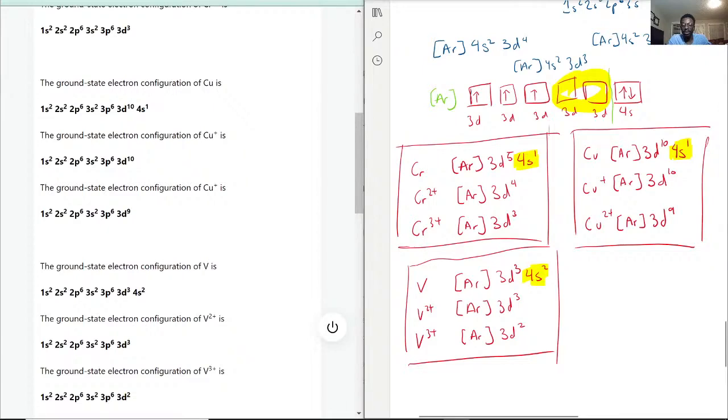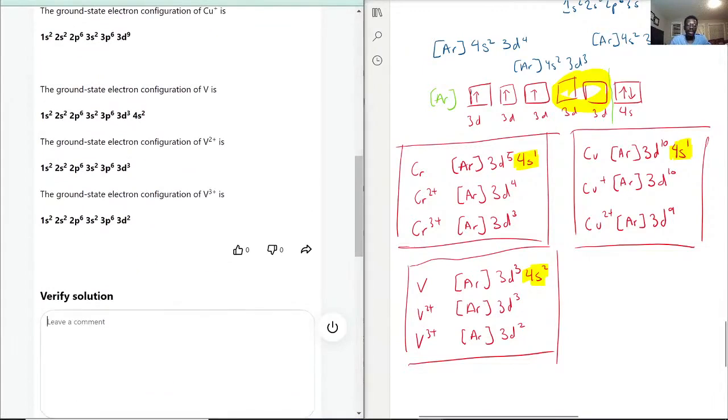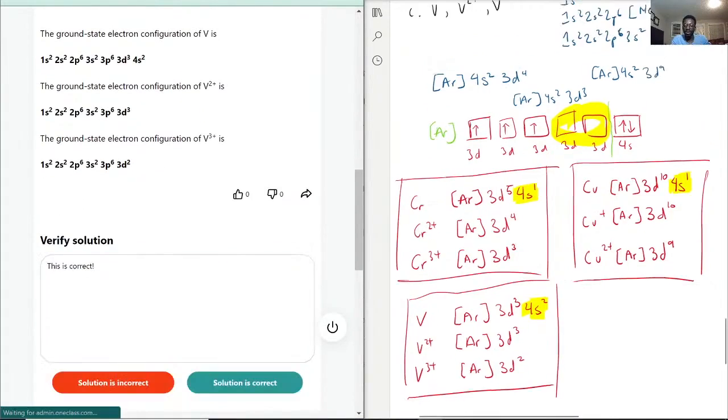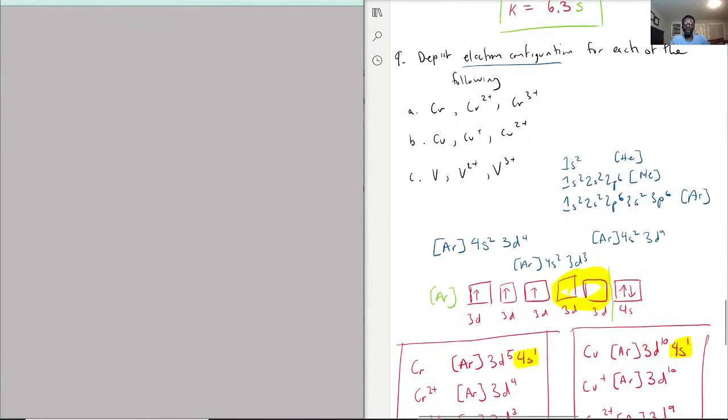So that's what we have here. But when we do start getting the ions, it'll just shed from the most outer shell. So the 4s2 will be the first to go, and then it'll just lose another one from the third subshell. Okay, so with that, this is correct. Okay, definitely much heftier question. Glad we were able to get our